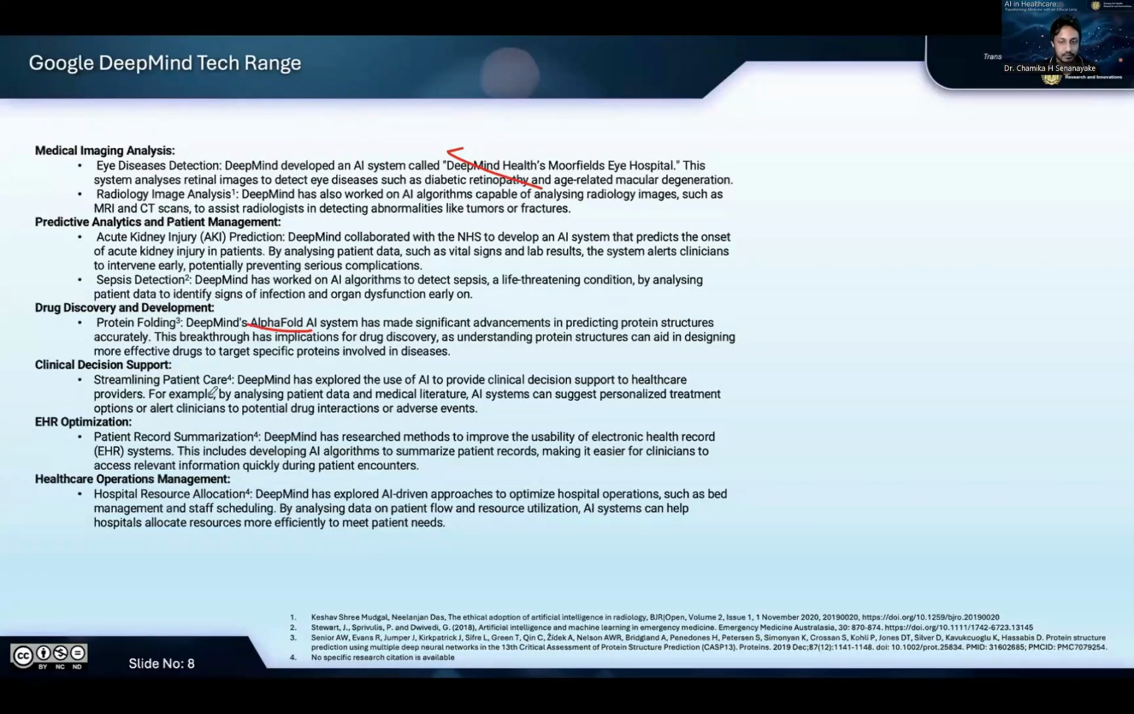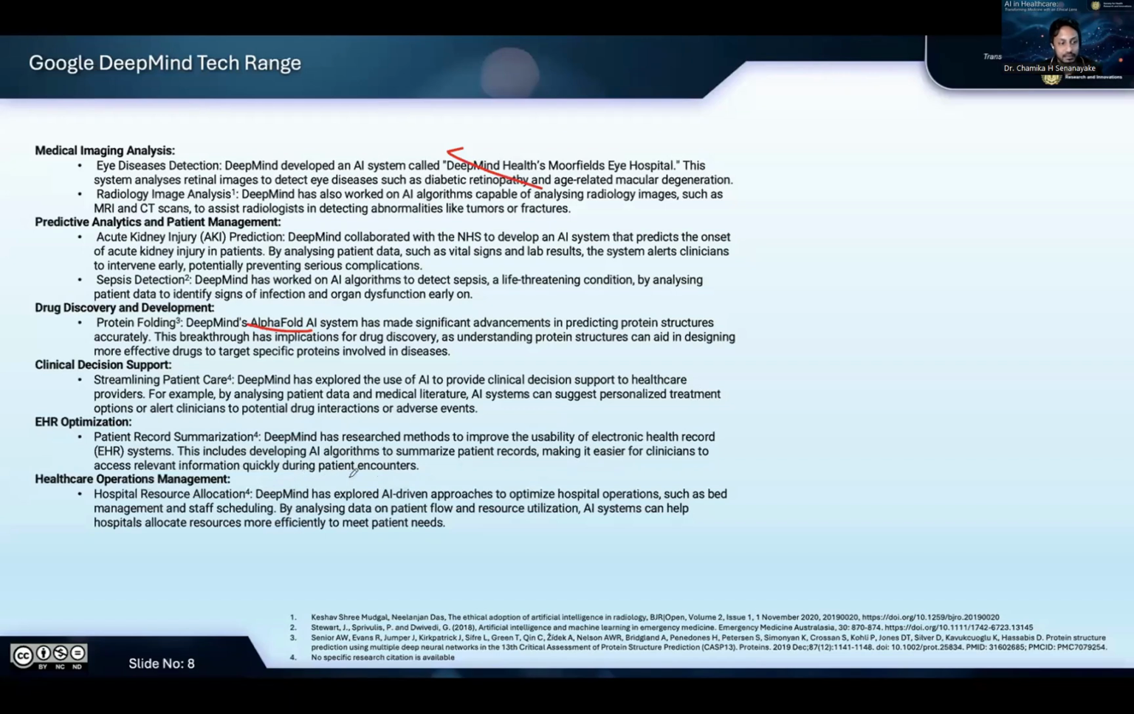I think it's an upcoming trend in most electronic health records in the future, which gives you suggestions when you enter the symptoms and do all the clinical administrative work. And EHR optimization, like patient record summaries. For that also, I think Google DeepMind have research methods to improve the usability of EHR. This includes AI algorithms to summarize the patient records, making it easier for clinicians to access relevant information